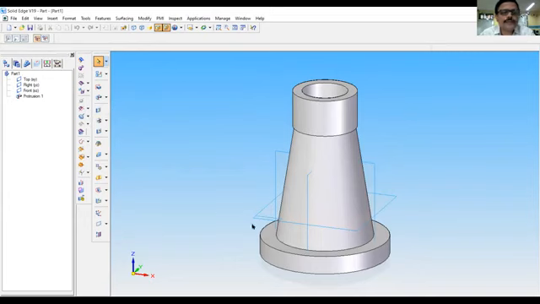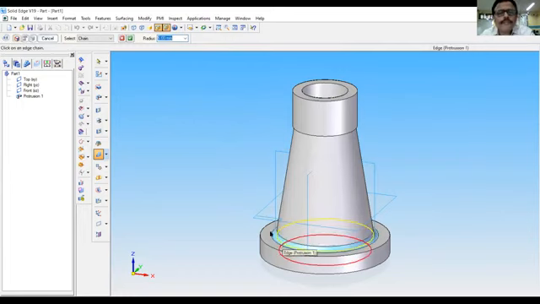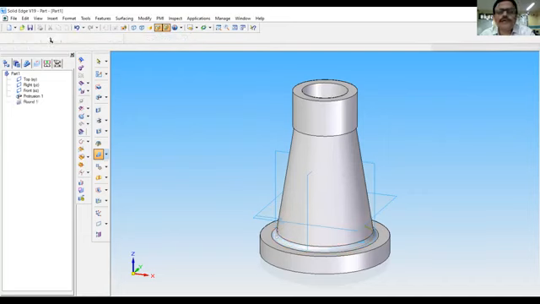Next, there is a round option here. You have to do the round option to get the radius. This one is 6 mm. Accept the parameters, review and finish.